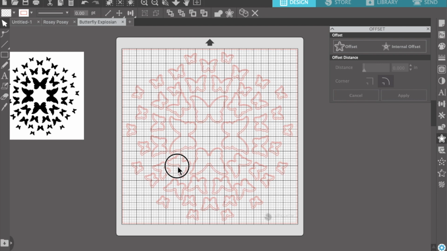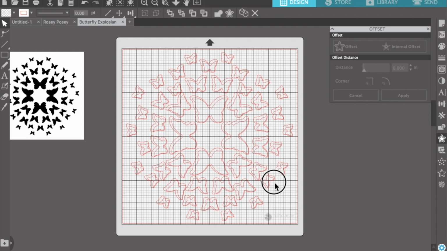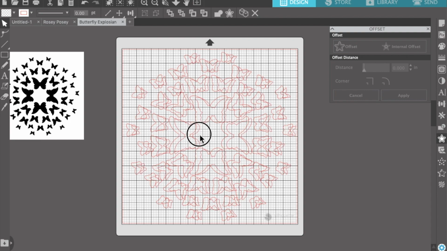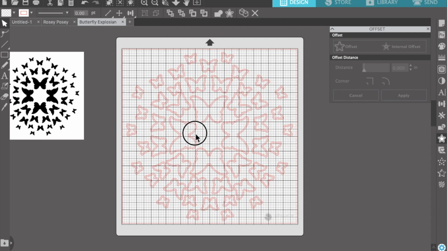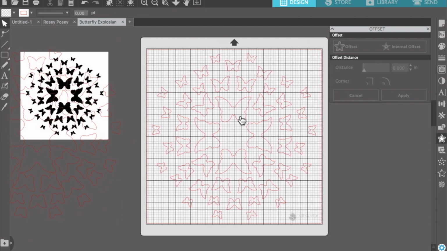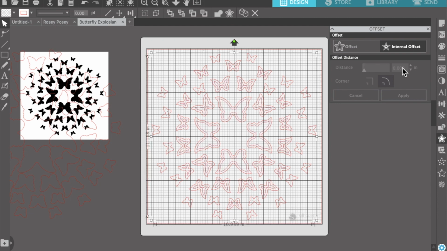So then what I did is I moved the original cut file off and selected each one of the butterflies, because when you do the offset, for some reason it does them as separate butterflies. So I moved the original cut file, selected all of them, and created a compound path so it would all be one cut file. Then I put the original cut file back in the center and moved the offset over to the side,